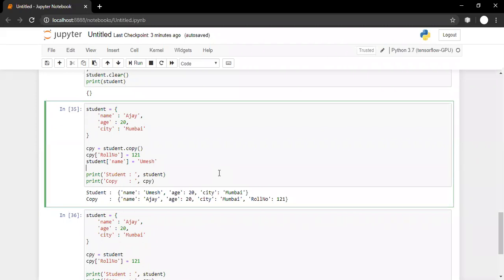Now you want the same information for Ganesh. So you will create a copy of Ajay using the copy method. Why? Because if you are changing the information of Ganesh, like his marks or which course he has enrolled in, that should not be reflected in Ajay. So you will use the copy method explicitly.